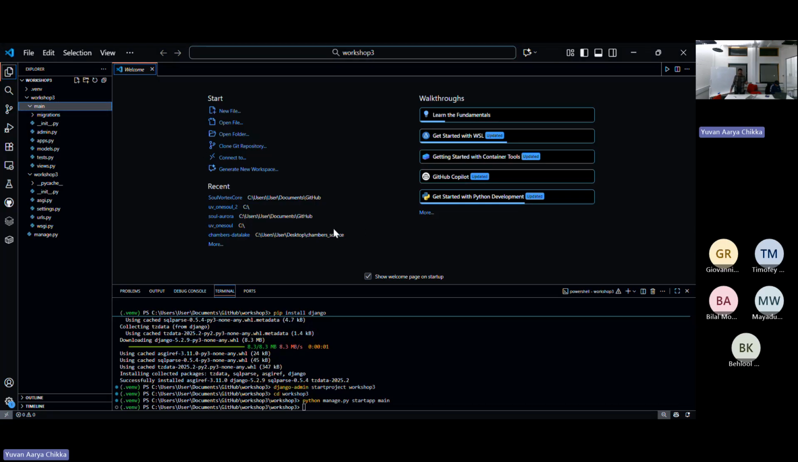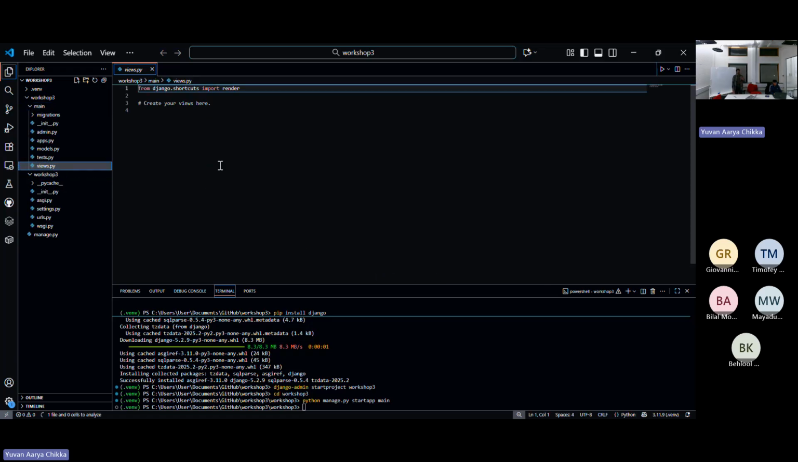So essentially, we have created this app called main, which has all of these extra files. The important one here is views.py. views.py will be essentially holding all of our routing. And routing is when you have a URL,